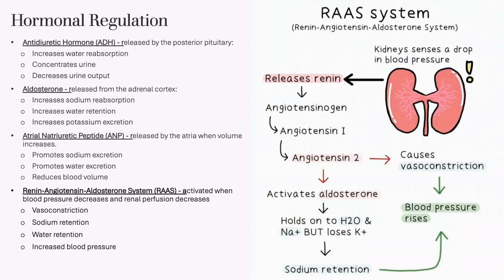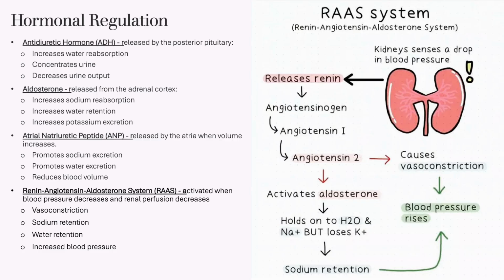The renin-angiotensin-aldosterone system, the RAAS. This is activated when blood pressure or kidney perfusion is decreased. It's also another system that helps to keep the blood volume in the body at normal levels. This system causes vasoconstriction. If you look at this diagram right here, your kidneys release renin, and when renin is released,